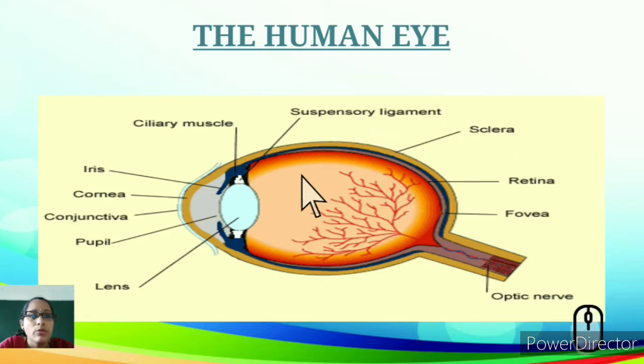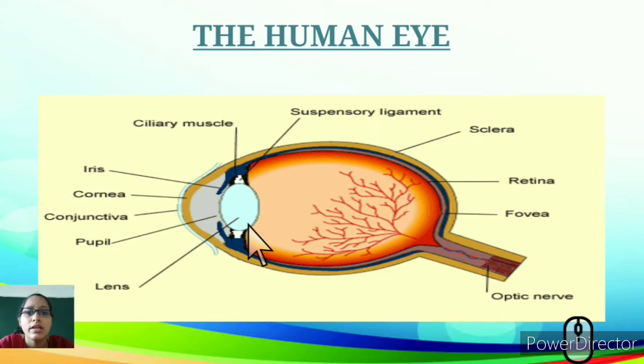So this is the diagram of the human eye. It consists of various parts, that is the cornea. Through the cornea the light enters, and you have the iris that receives the light, and there is a ciliary muscle. Ciliary muscles help in contraction and relaxation, wherein only a certain amount of light passes through and enters into the retina. Once it reaches the retina, through the optic nerves, it sends the signals to the brain. And this is the lens, the real lens through which we are able to see the image.